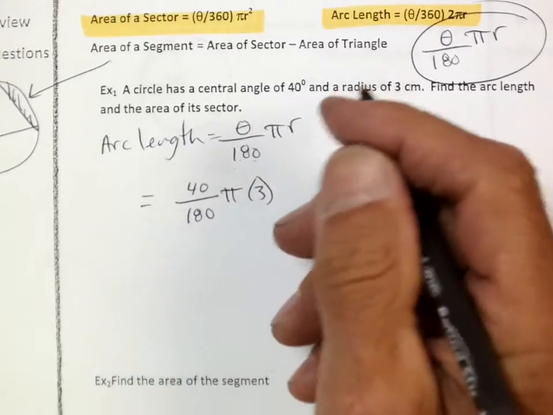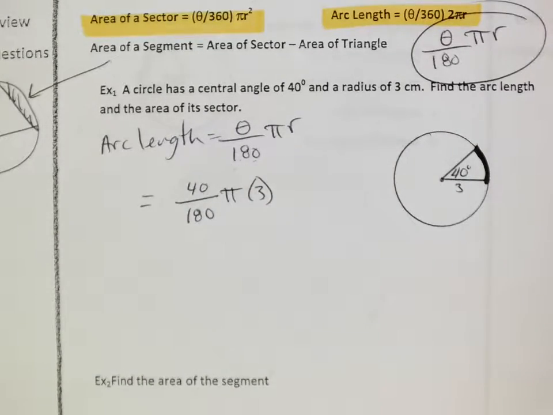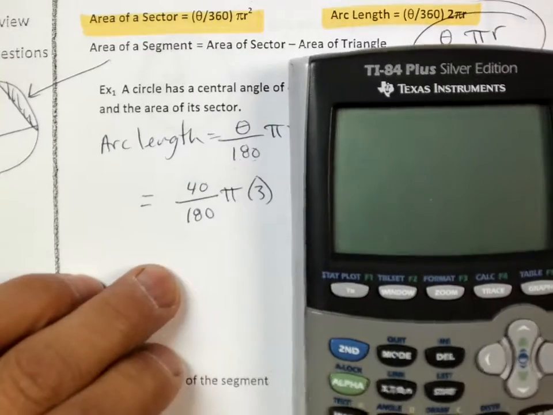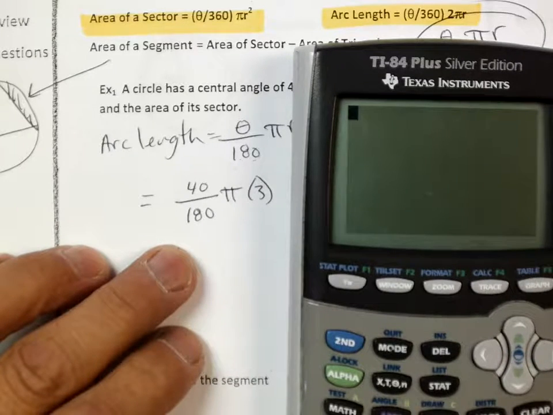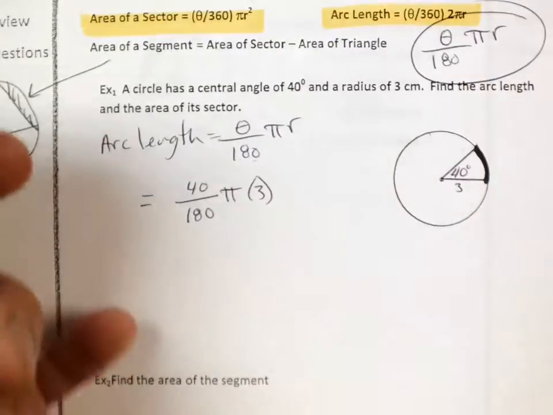And I'm just going to use a calculator. Now you can keep things in terms of pi, which is great. I'm not going to, only because for a practical problem, you'd want an actual length, right? So I'm just going to go ahead and do this. I don't mind answers in pi. I kind of like answers in pi, but I'm just going to go 40 divided by 180. I'm going to multiply that times pi and then times 3, and I get about 2.09,